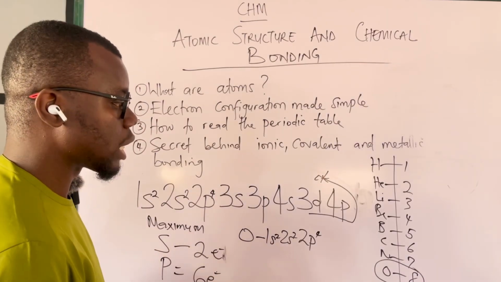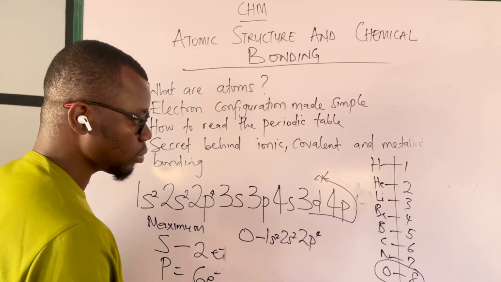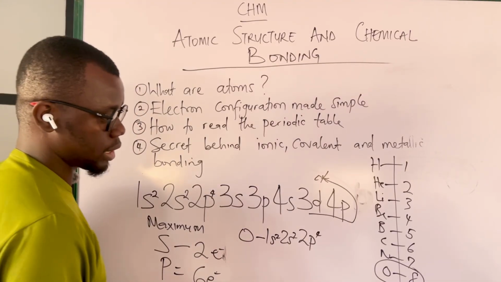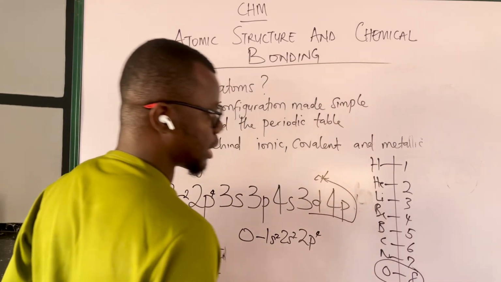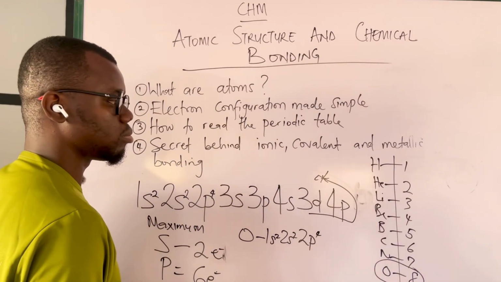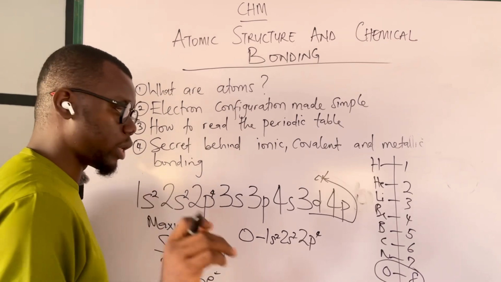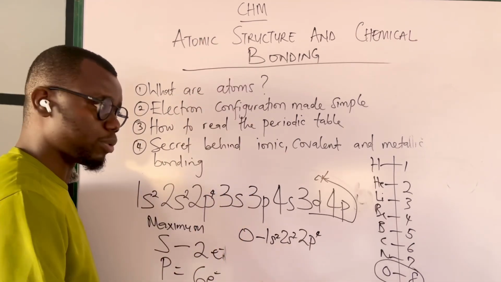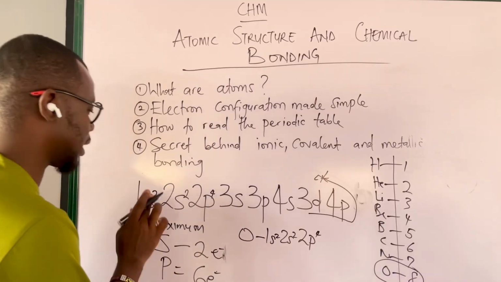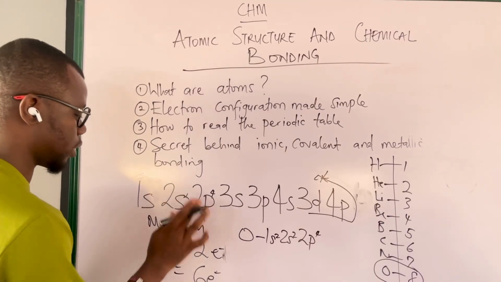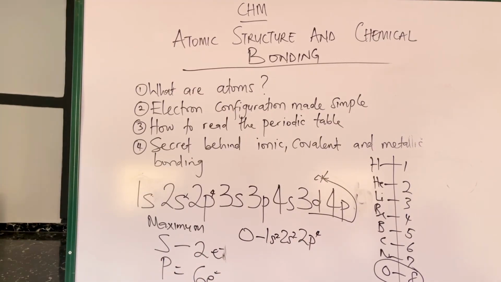So let's look at the last. Let me pick an example. Let's see what element. So this is what I want you to do now. Pick an element on the periodic table from 1 to 20. Once you do that, then start filling it. Make sure that, let me put in the maximums for you, for all these things that I have,